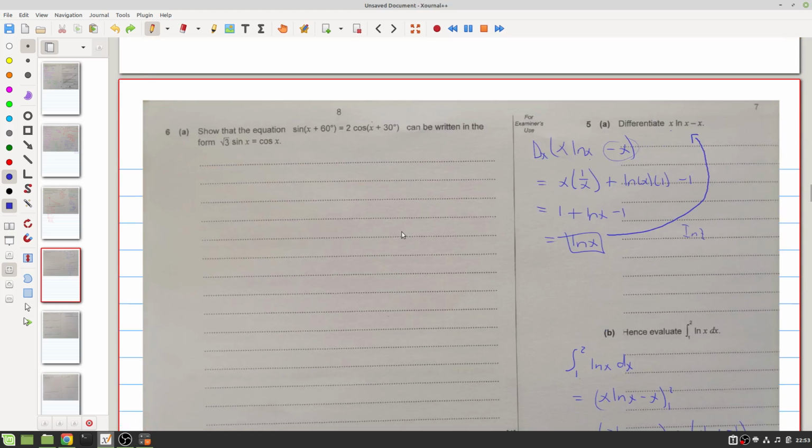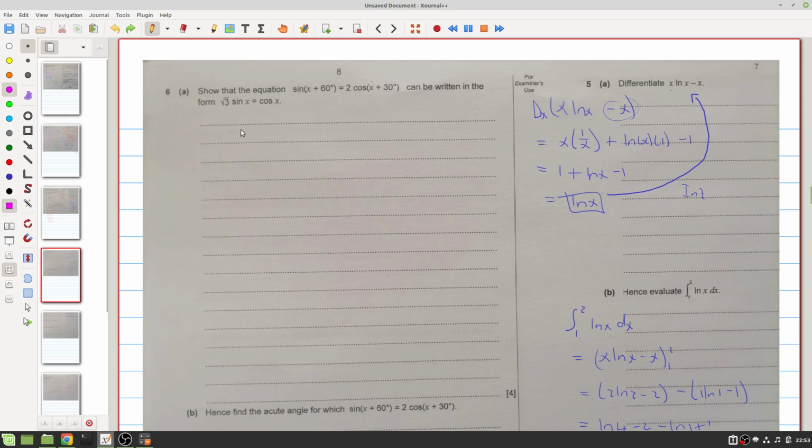Okay. Question 6. Show that this equation can be written in this form. Okay. So let me just write the question again. So sin x plus 60 equals 2 times cos x plus 30. Okay, so what we want to do here, or my instincts at least, is we use our compound angle formulas to just expand this out. And we can see there's some nice values like sin 60 we know square root 3 over 2, so there's something that seems right there, and cos 30 is also a square root 3 over 2 thing, so that seems